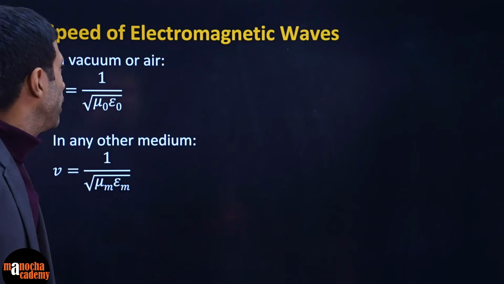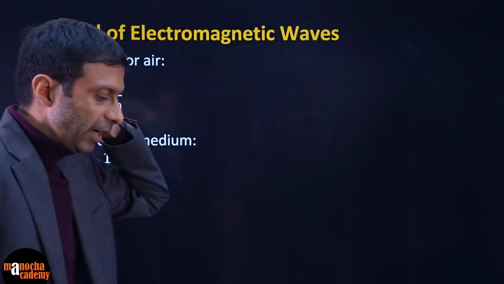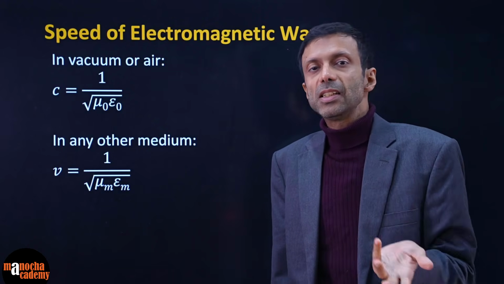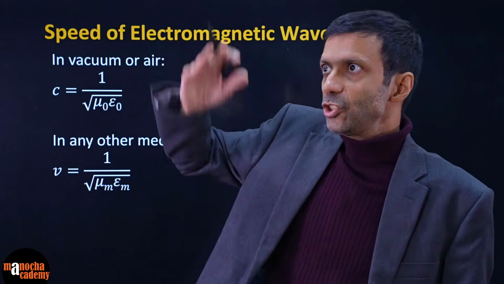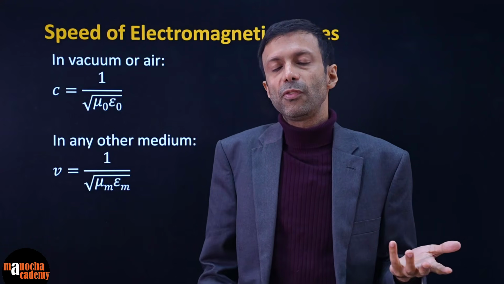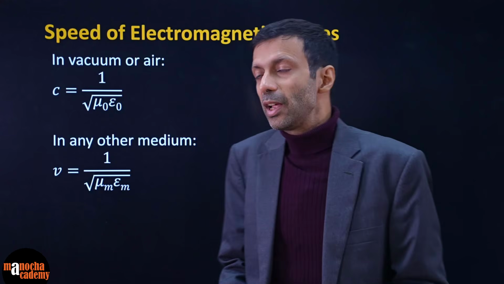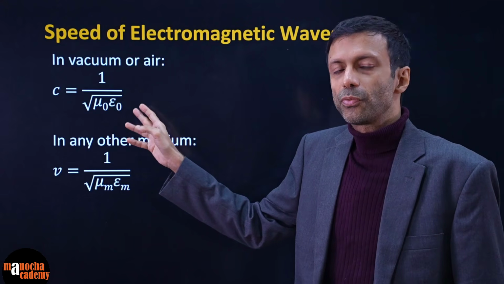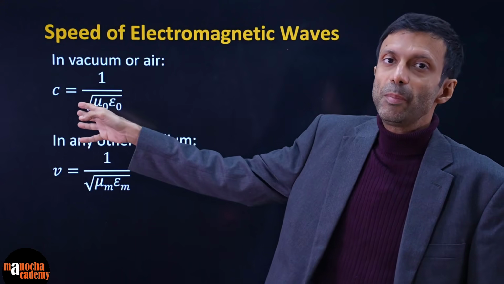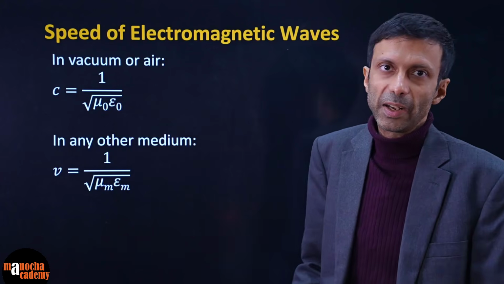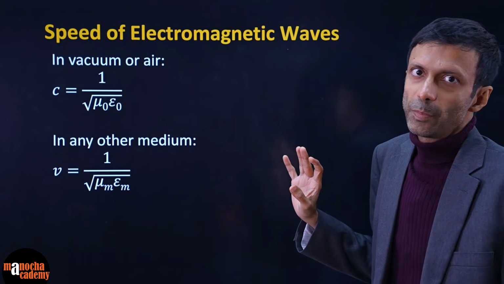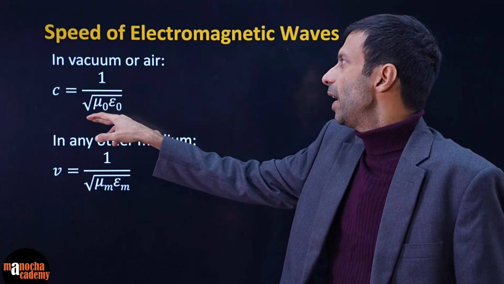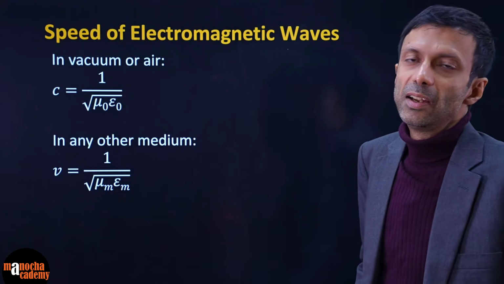Now, one very interesting thing, what is the speed of the electromagnetic wave? We know that electromagnetic wave doesn't depend on the particles. It is a vibration, an oscillation of the electric and magnetic fields, and these will therefore depend on the permittivity of the medium, and the permeability for magnetic. This is for the electric field, this is for the magnetic field. And the speed of electromagnetic wave, as shown by Maxwell, the formula is very simple: 1 by root of mu naught by epsilon naught.